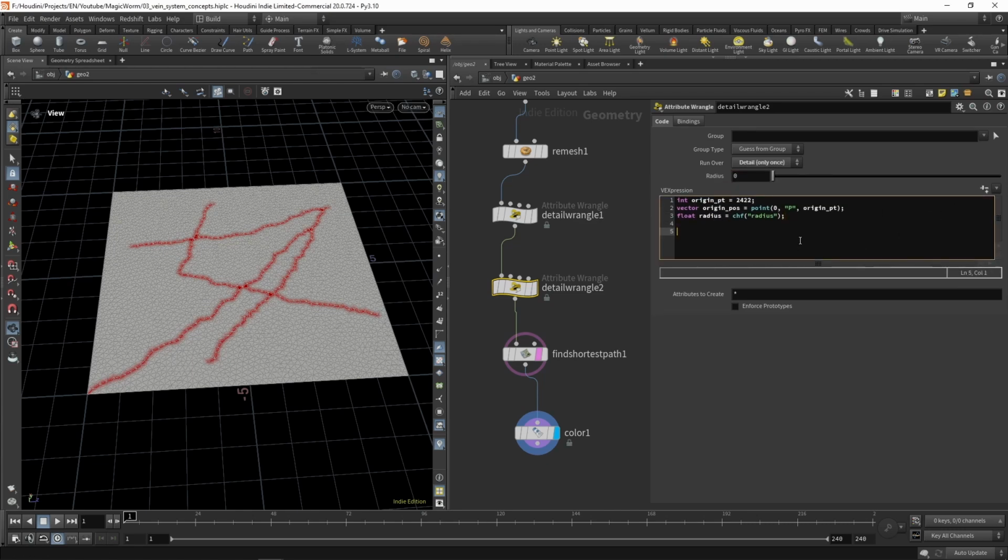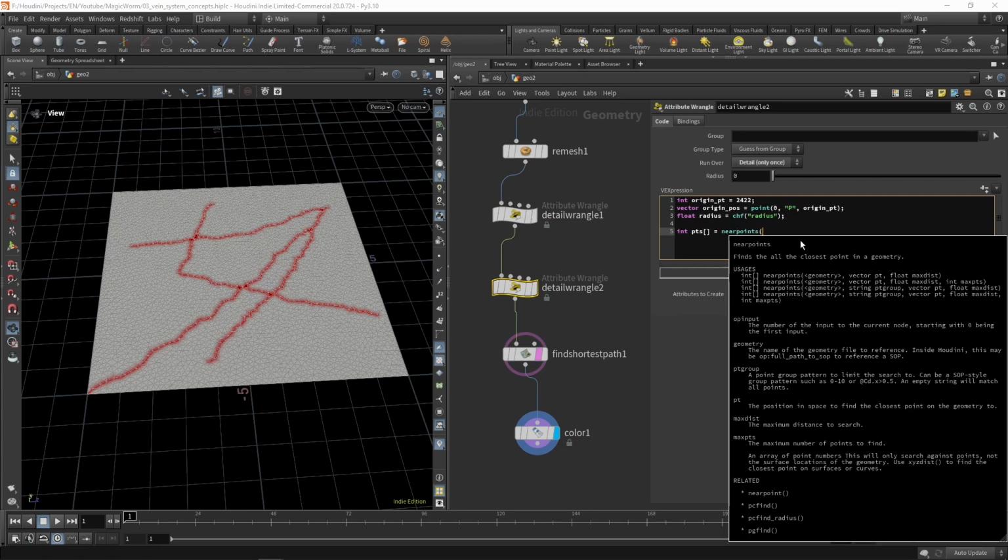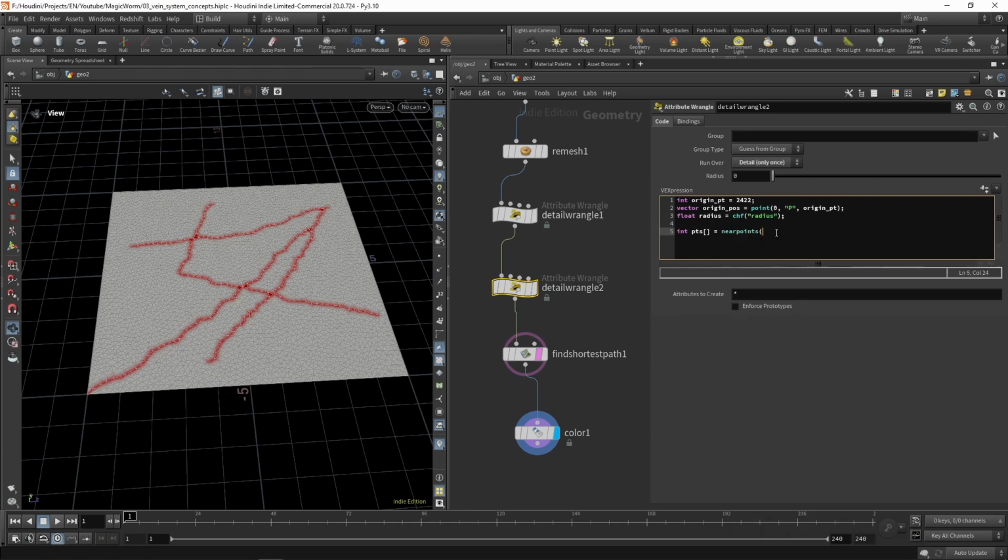Okay, now near points, basically we are defining a circle around this point. 0 origin pos radius,